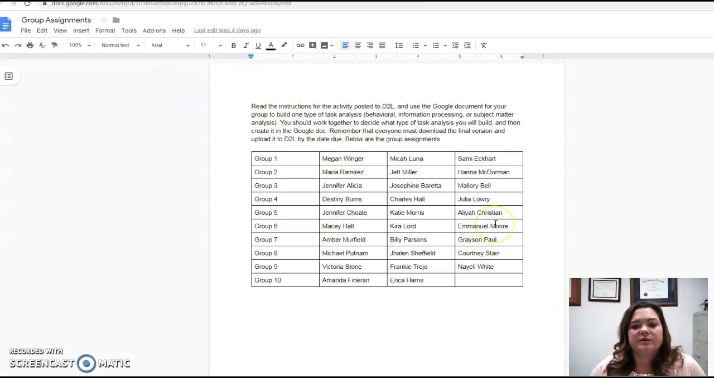And so what you'll do in your group is decide which type of task analysis you want to create. You don't have to create 3 different types, just choose one of the 3 and then work together to create that step-by-step analysis. So it can be tying your shoe, making a peanut butter and jelly sandwich, creating a Google slide presentation, whatever you decide to do within your group. And then they'll make that step-by-step